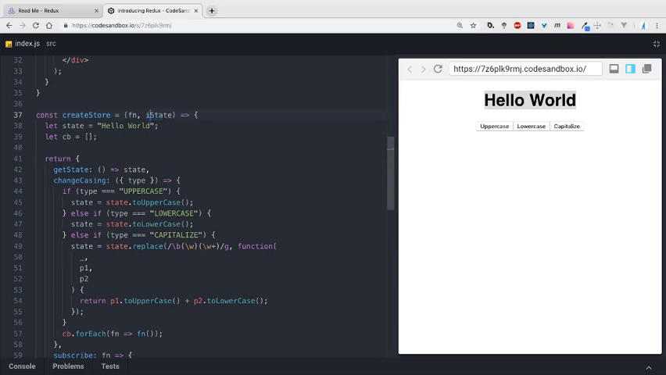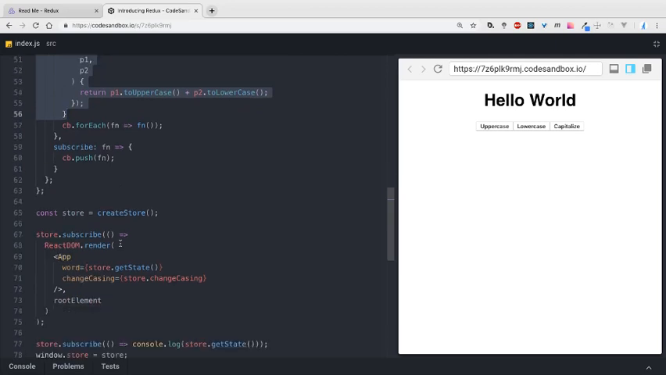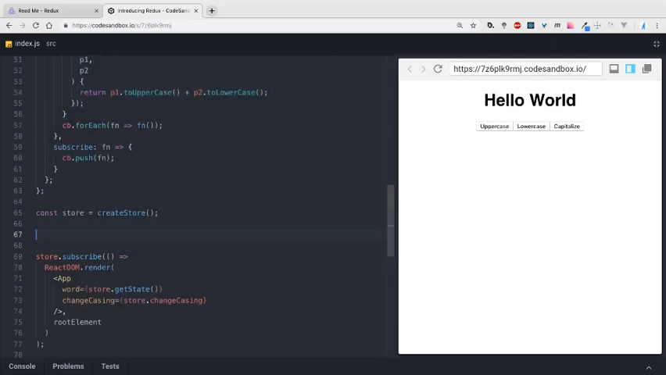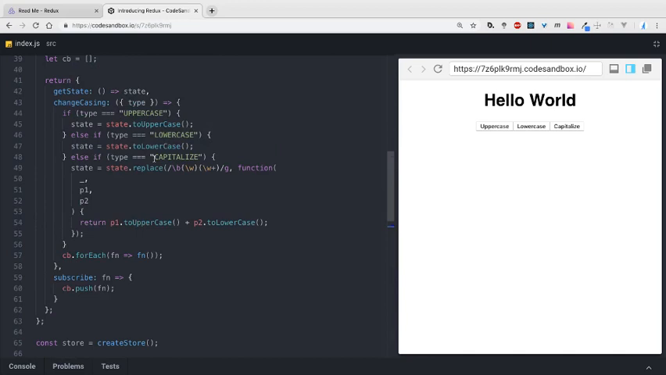We'll call it preloaded state. Okay, and nothing is going to happen yet, and we're going to move this logic to a separate function. We will move this logic to, let's say, you can have it anywhere. Just going to put here change casing,